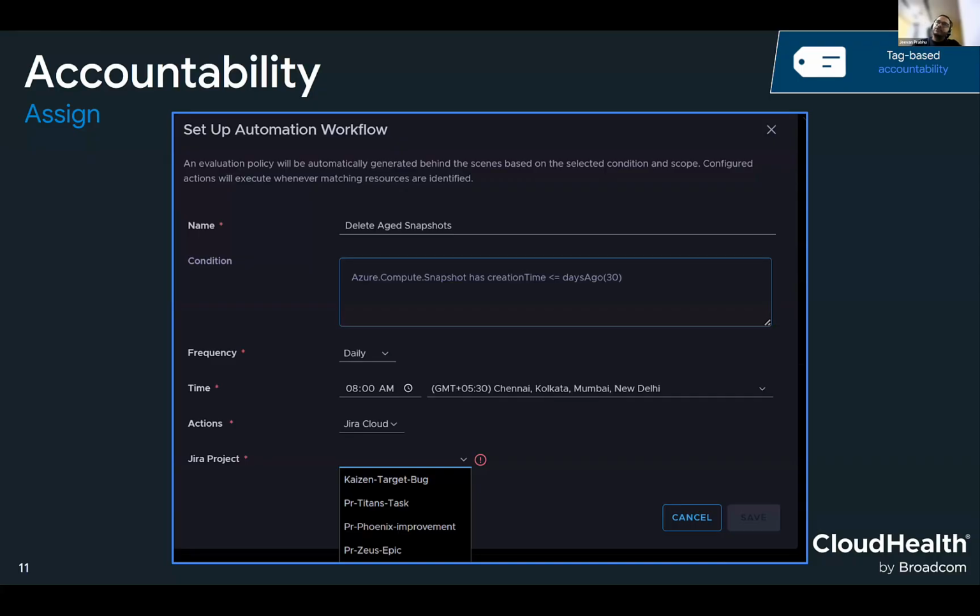And as I'm saying, eventually, if we would like to get to a specific assignee, what we would like to do is, through Data Connect, bring in any ownership information you have. Because as a practitioner, you may not know off the top of your head who this snapshot should go to. So if you have a reference in any of your databases like a CMDB, if you have that mapping, that these resources belong to these particular teams or views, we can get that for you through Data Connect, and you'll be able to select an appropriate or relevant assignee here, which is more granular than what you see here.